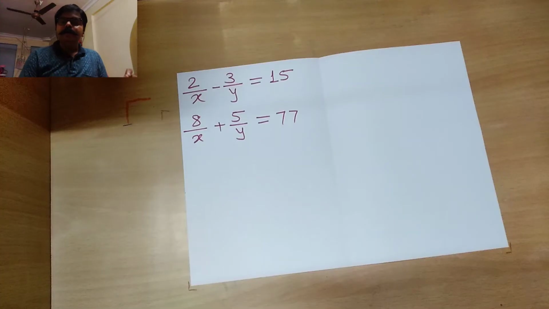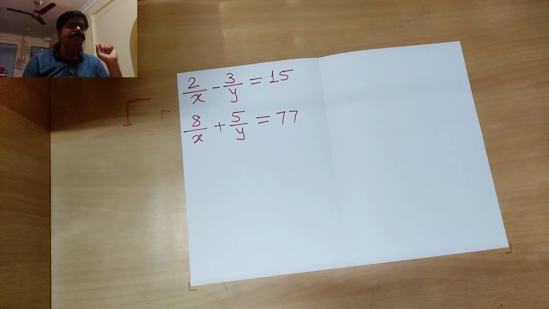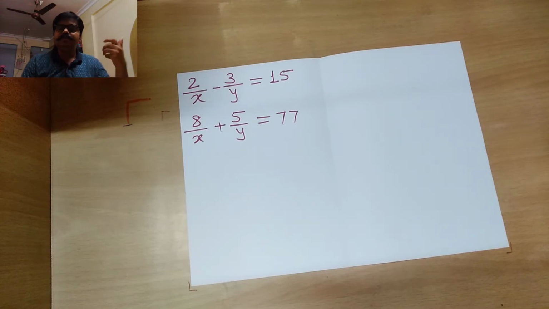Okay. Now we are going to solve this problem. Now in this problem they have as usual asked us to solve the basic question. They have not specified exactly which method we are supposed to utilize. All the question says is that solve the following simultaneous equation. That's it. So whether we are supposed to go for the Cramer's rule or not, that is completely up to us. Okay, so that decision we are going to take later.